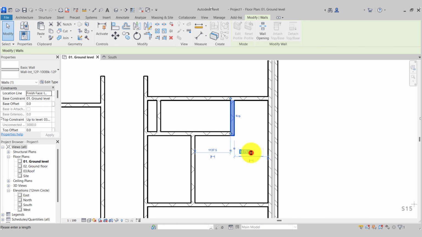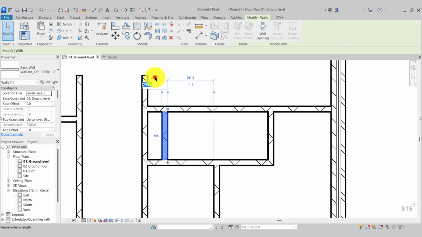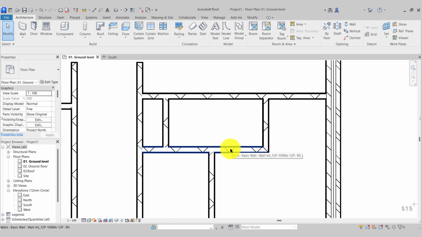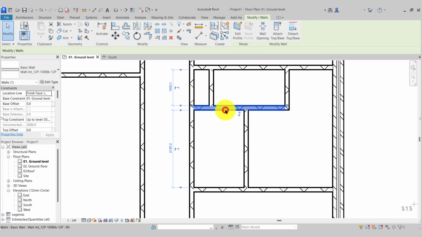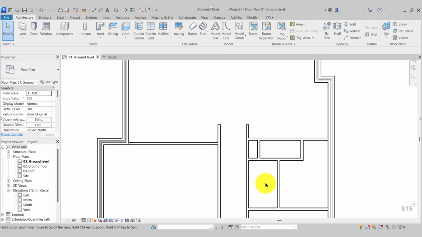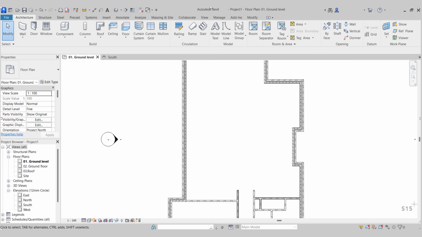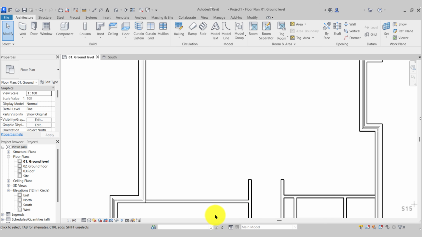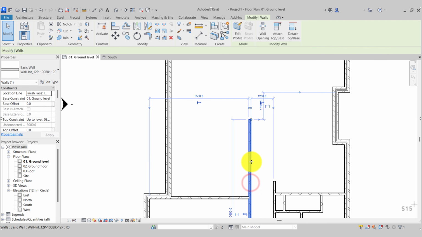So selecting this wall, change the temporary dimension here to 1200. This inner wall here is 420. And this wall here from the lower wall is 2300. We'll then work our way up to the middle of the building, and coming down to the bottom here, what I'm going to do is just extend this wall up